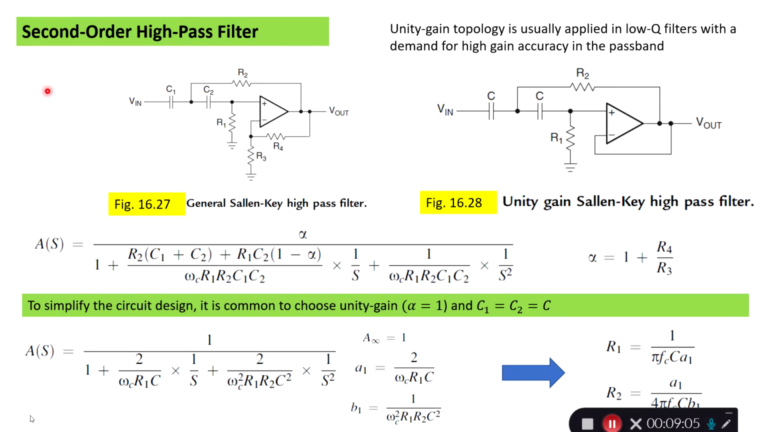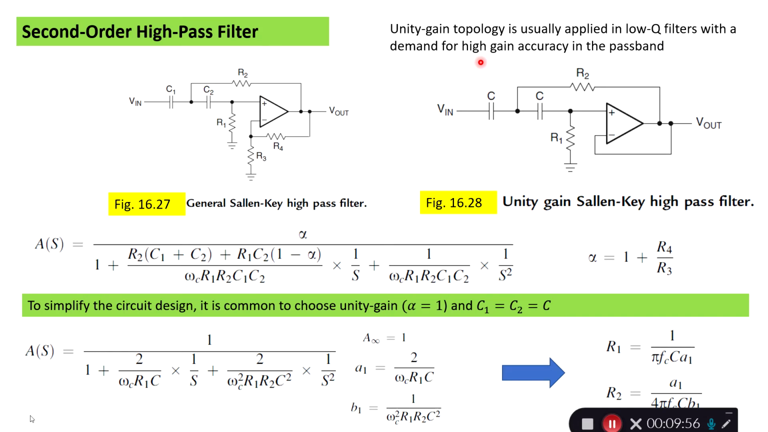So, what about the second order high pass filter? Well, we use the general Sallen-Key high pass filter. We can have a gain in it, or we can have a unit gain, where we only have in the pass band a gain of 1, and here we can have more gain based on R4 and R3. There is a small comment here that this type of unity gain high pass filter is normally applied in low Q filters